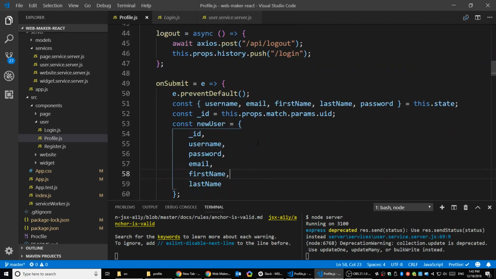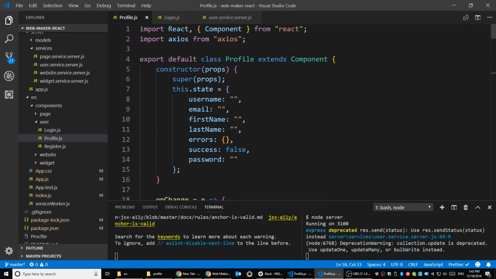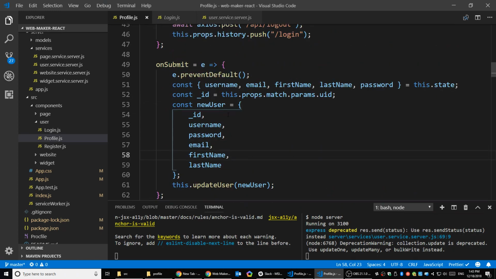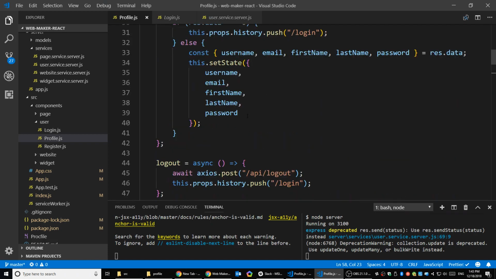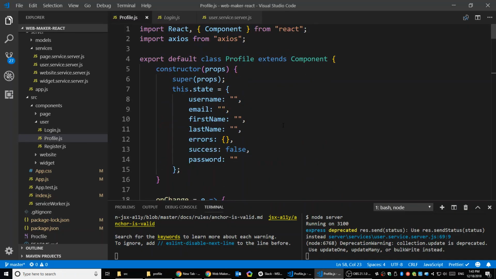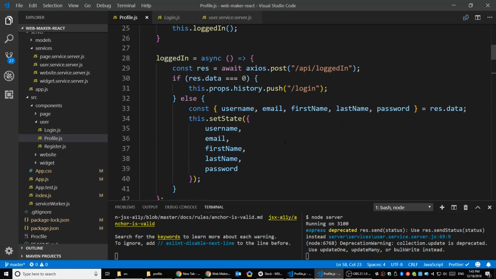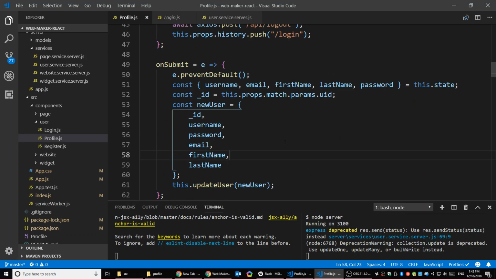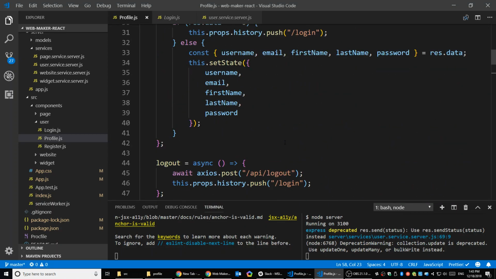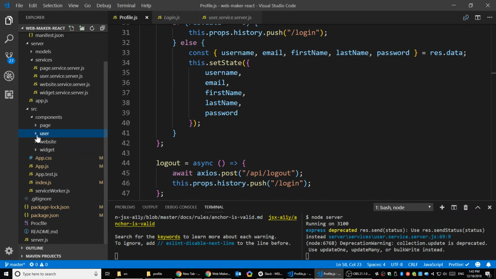All right, so by doing that, yeah, I think that's it for this page. You are allowed to log in, and you are allowed to see the profile. All right. Let's see, is there anything else we can change? All right. So how about we change the